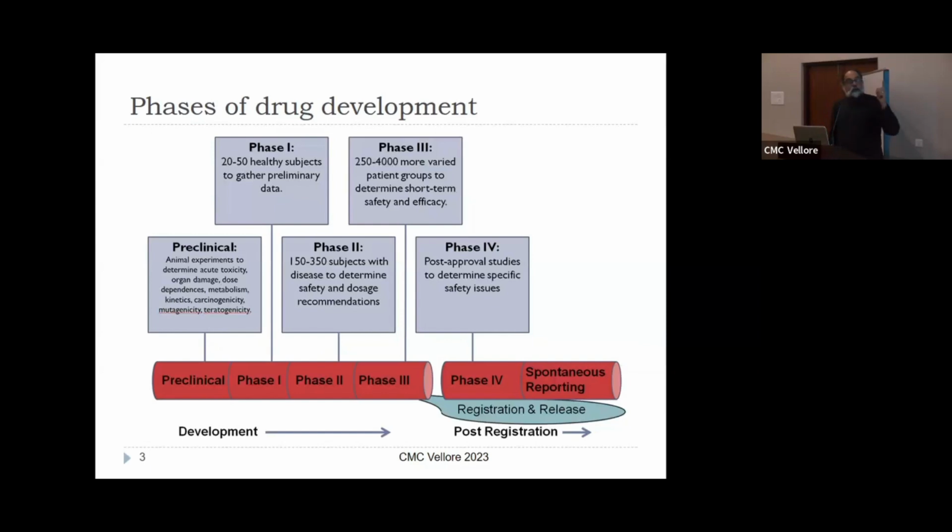Because when the drug is being tested, it's being tested in a very controlled situation where people are supposed to follow a protocol, and the physicians and the clinical staff, medical staff, are also following a protocol on how things should be done, how the intervention should be done, and in certain types of people that meet the eligibility criteria for the study. Once a drug gets approved and it's out there in the market, God knows who takes it,